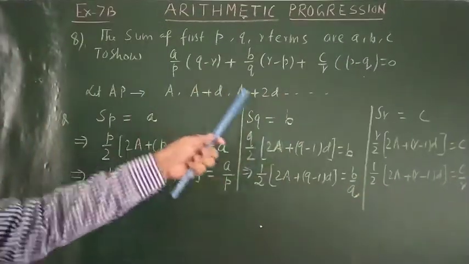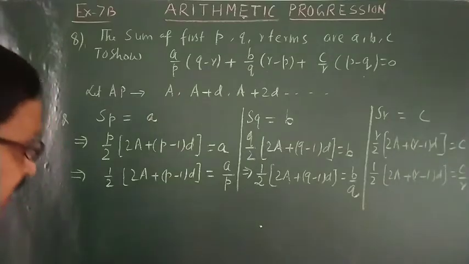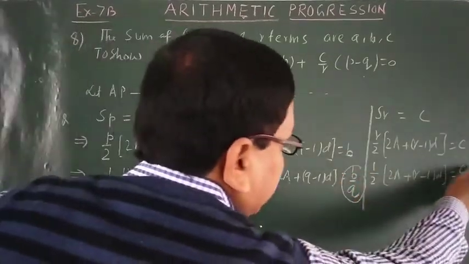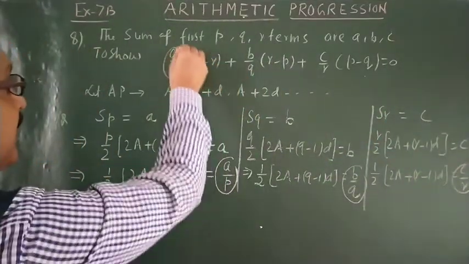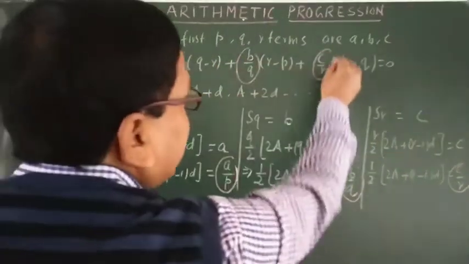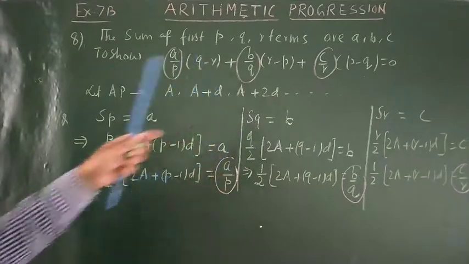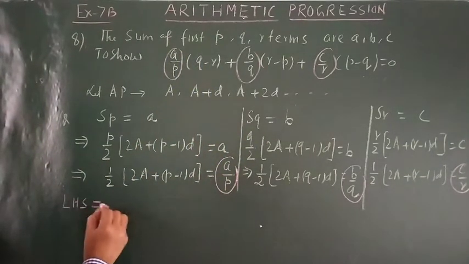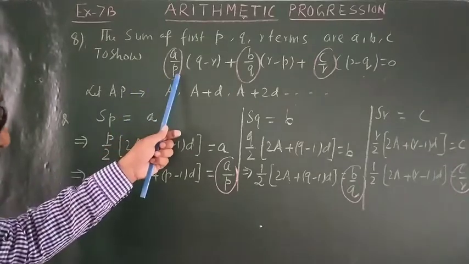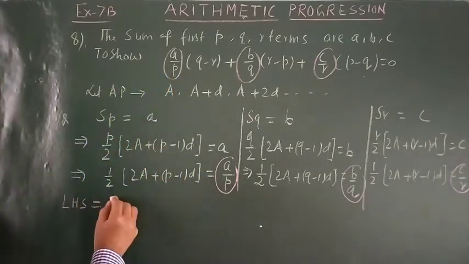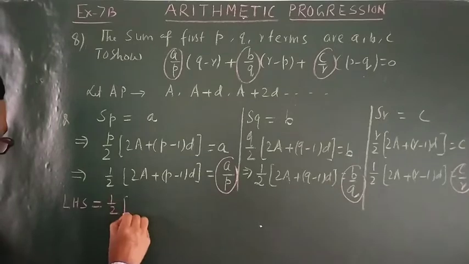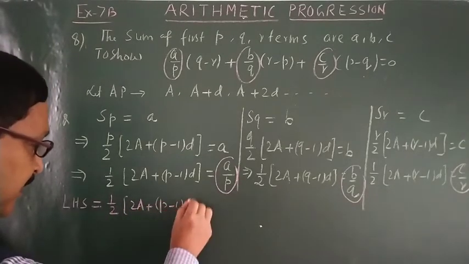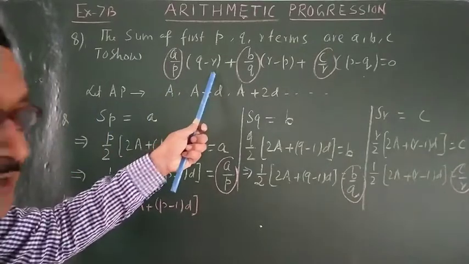Now starting from LHS, see here that a by p is the requirement, b by q is the requirement, c by r is the requirement: a by p, b by q, c by r. So putting all in LHS, starting from LHS, put the value of a by p. So a by p is equal to half of (2a plus (p minus 1)d) into (q minus r)